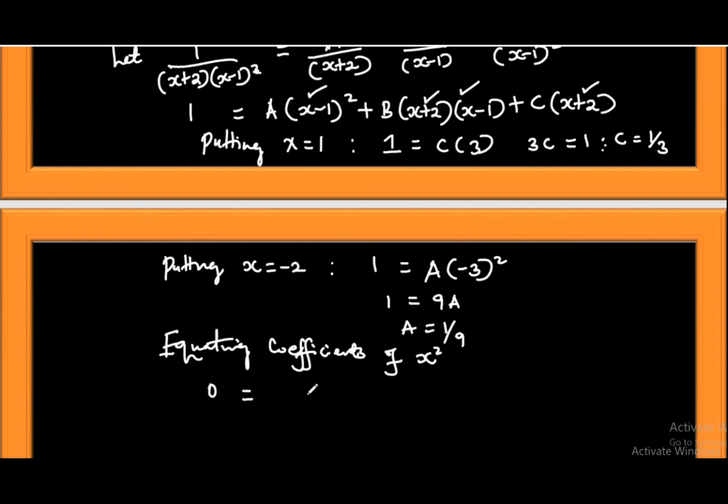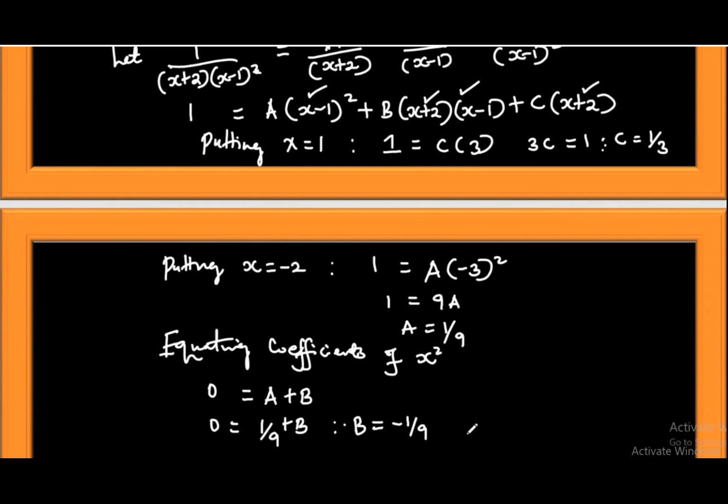On the right-hand side, we can look at the first term. When you expand it, the coefficient of x squared will be a. When you look at the second term, when you expand it, the coefficient of x squared will be b. And the third term will not have x squared. So we can stop here. And that means 0 is equal to, we know the value of a as 1/9, plus b. And therefore, this tells us that the value of b becomes